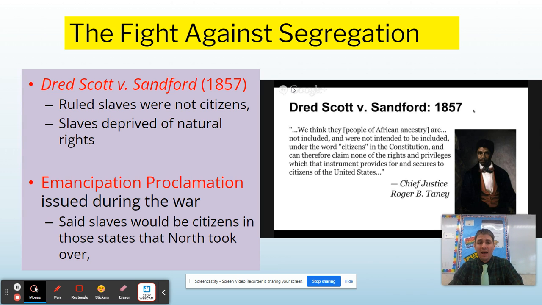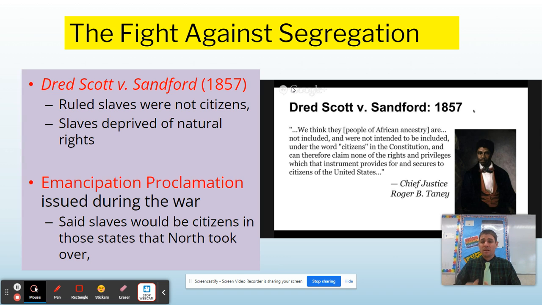Based on the Dred Scott decision, it said that, in fact, slaves are not citizens, and therefore they're not afforded the same protections and civil liberties that our Bill of Rights ensures its citizens. So no, Dred Scott versus Sanford is not one of the 15, but I'm just giving you the context. So initially, 80 years into our government, African American slaves were not considered citizens and not given the same protections.